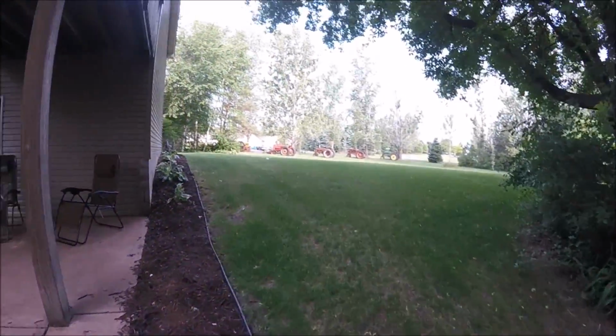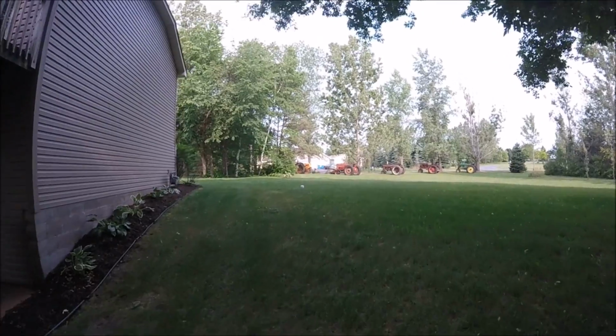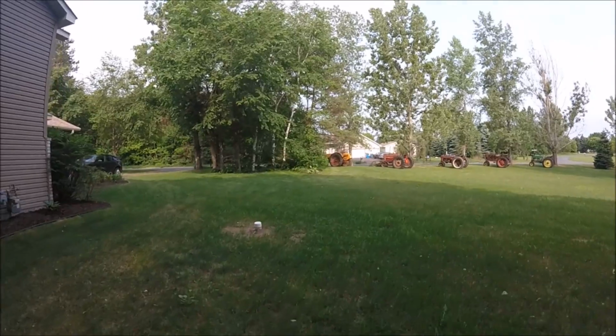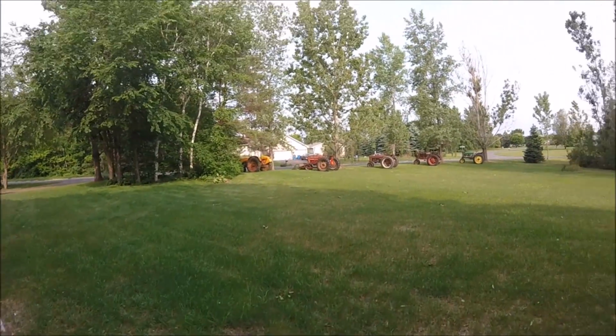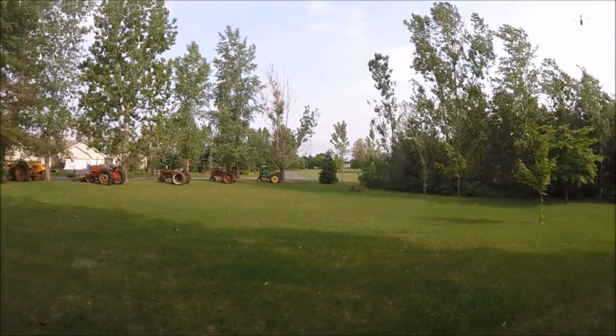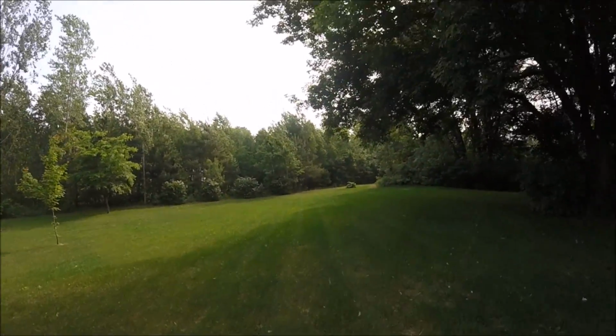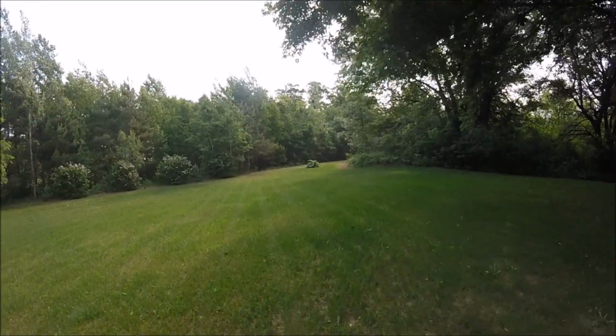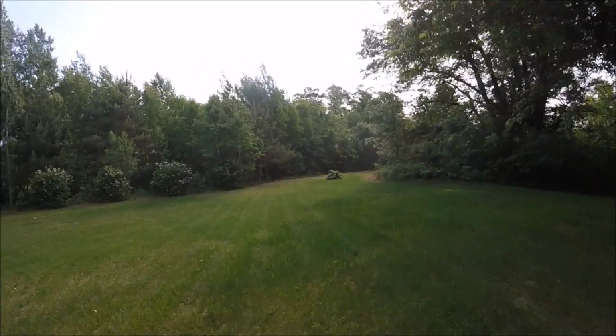But as you can see, I got all the tractors out except for the Case. I got them all out here getting some sun, but I just wanted to clear some area back here where I kept them, trim some trees and stuff, get rid of some of the brush, and then I mowed back in this corner. I'll have to mow the rest of the yard tomorrow, but I got a wedding this afternoon,